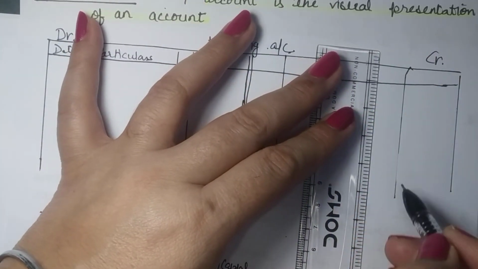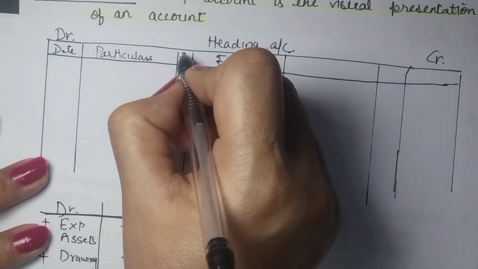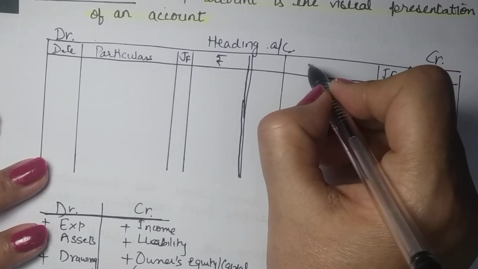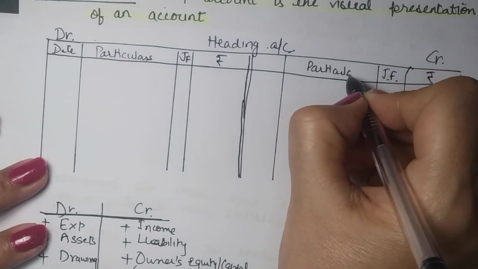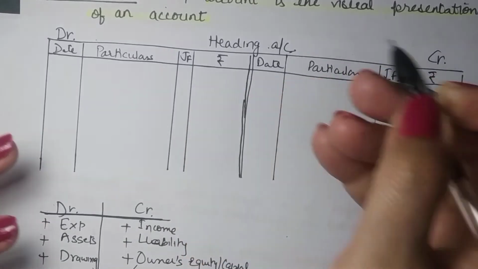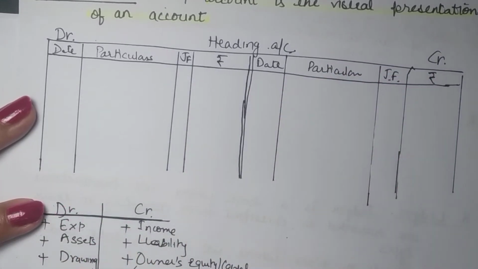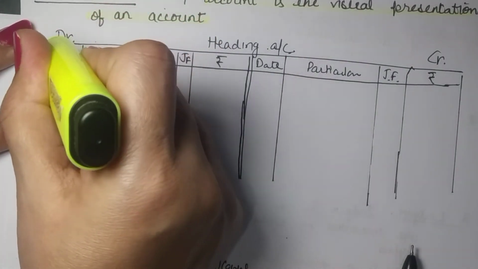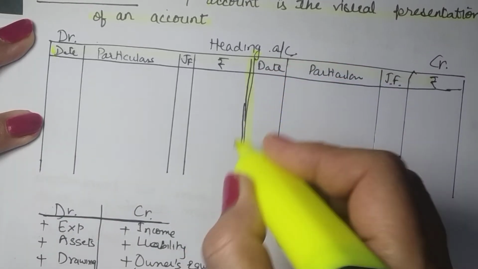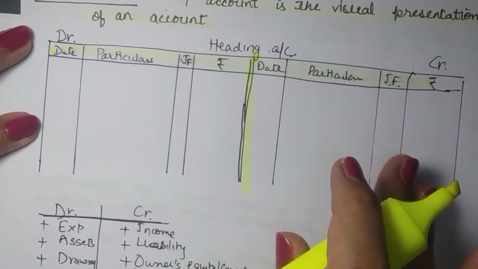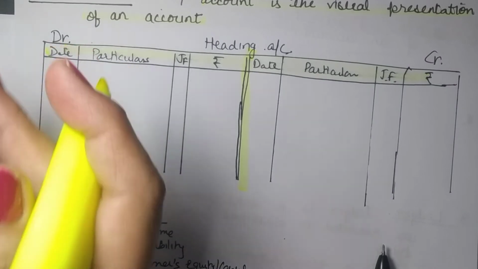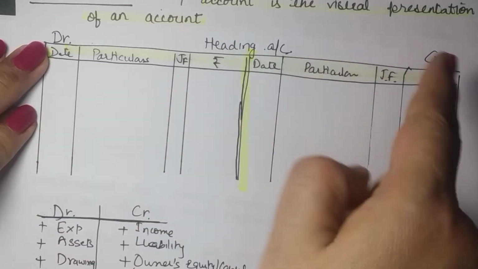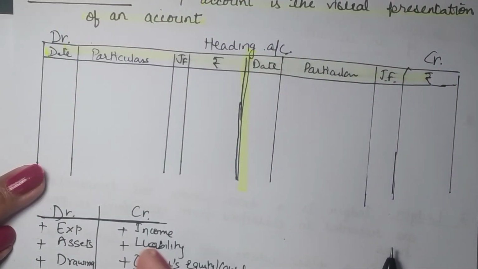Then one small column here is for the journal folio. Remember, we had the journal for journal entries. So journal folio will be there. Now the purpose of this I will be explaining later on, but right now just understand this is how an account appears. So in simple terms, it's a T shape. It has two sides, right? So it is a T-shape account. So on one side we will be showing increases, on the other side we will show decreases, but it's not always increase and decrease. It will depend upon the account, right?